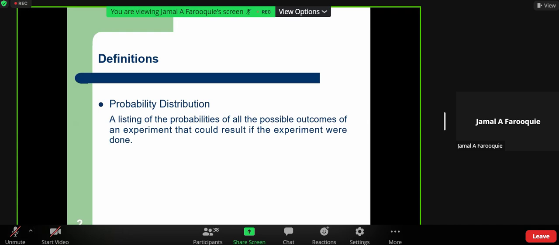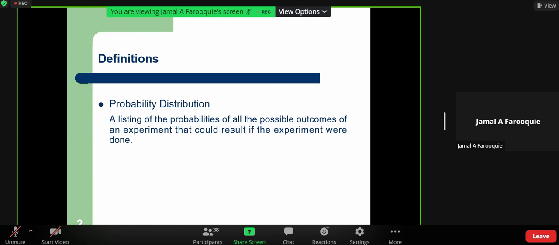As we know, when we talk about probability estimation, we are talking about some experiment or activity which is yet to be done. And since the probable outcomes are known to us, and we can also associate respective probabilities with those outcomes, the pattern or distribution of those probabilities along with the outcomes is referred to